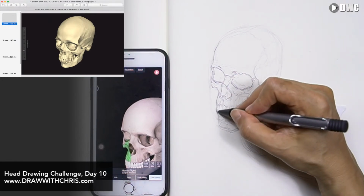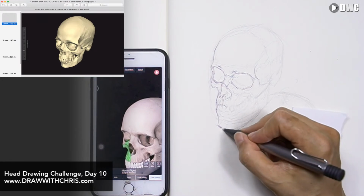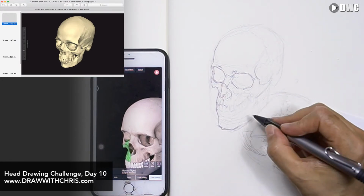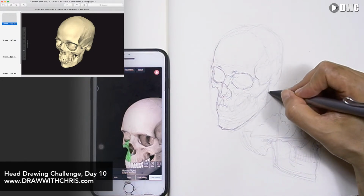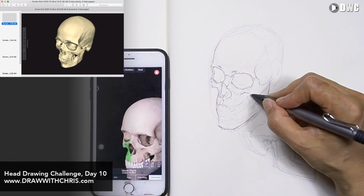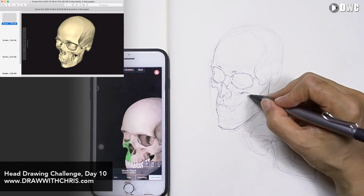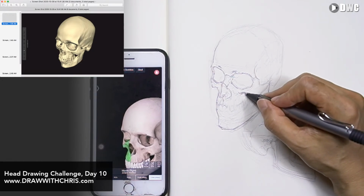Okay, I don't want to get caught up in the teeth again. It's just kind of fun to draw. I complain about the teeth, but man, they're a little bit fun to draw, I gotta admit. Let me at least get there's a hole there too, the maxilla and the